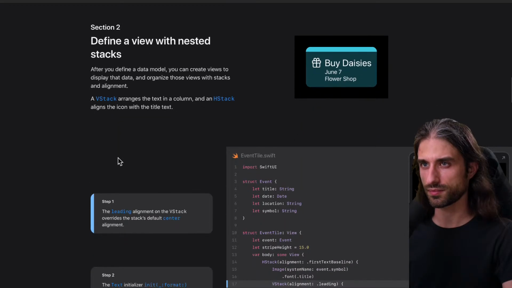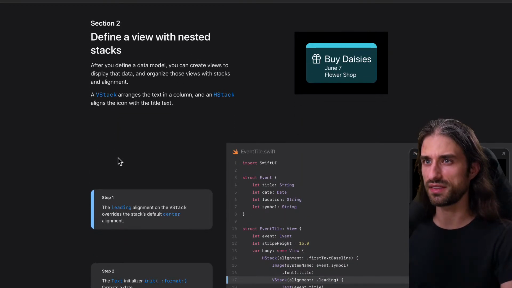All right. Defining a view with nested stacks. So after you define a data model, you can create views to display the data and organize those views with stacks and alignments. A VStack arranges the text in a column, and an HStack aligns the icon with the title next. So we've seen how VStack and HStack work, but notice, for instance, that here, the